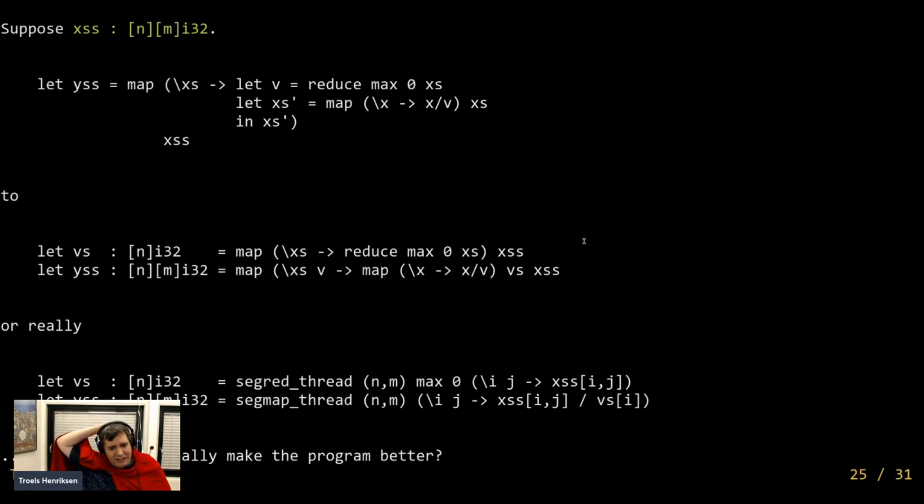But of course, the question is, did this actually make the program better? Because an alternative would be that we just said, okay, we're just going to launch one thread for each of these maps, and then each thread will do this reduction and then do this map sequentially. Because reduce and map allow for parallelism, but there's no obligation that just because we have map in the program, that has to be parallel. That's a performance trade-off. Maybe it's not worth parallelizing that part. So does this transformation, where we maximize the amount of parallelism, really maximize the amount of threads we could put on the GPU, actually make the program faster? Because that is, after all, the ultimate goal, not just to heat up the GPU.